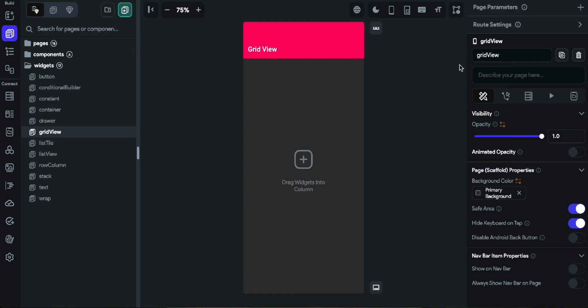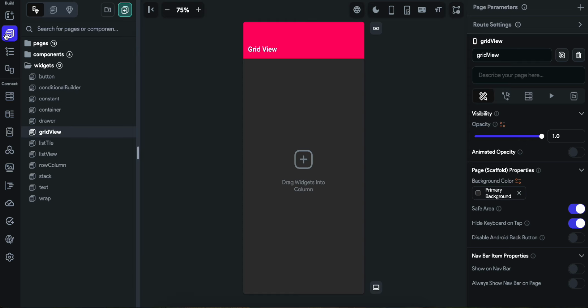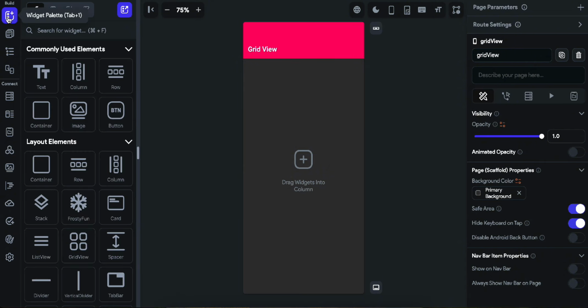So in this video we are going to discuss grid view. This widget is really important if you are building your e-commerce application and if you want to show two columns side by side. Like first column would be here and second column would be here. In the first column you are having some of the products, and in the second column you are also having some of the products. Okay, so if you want to achieve that kind of scenario, it is possible using